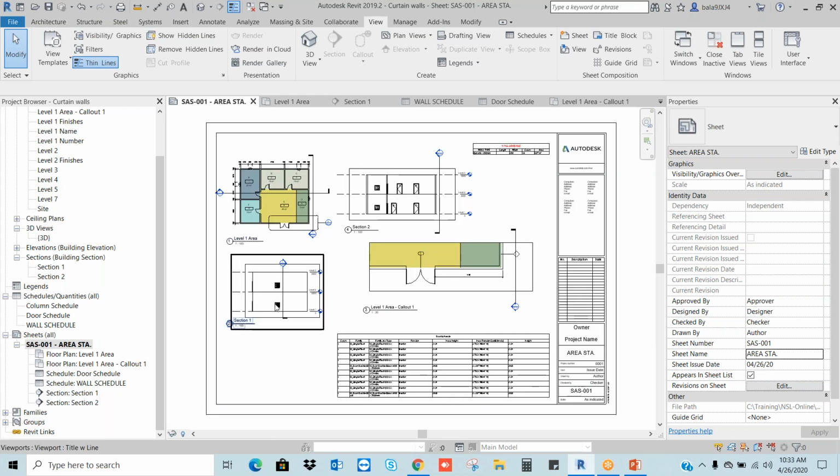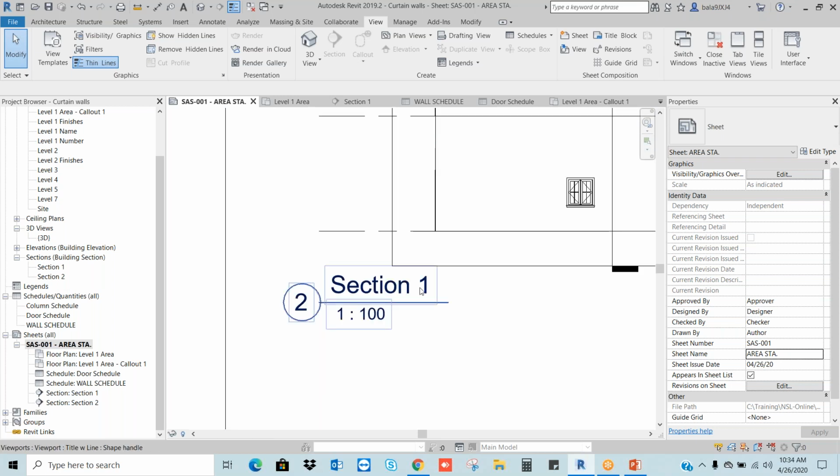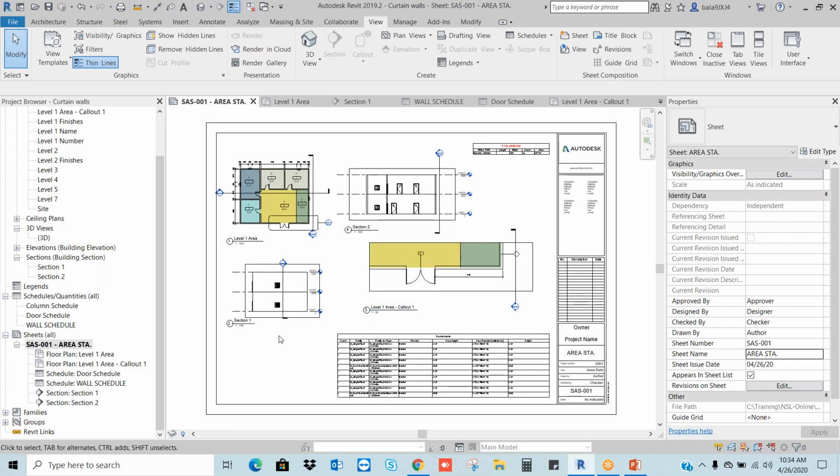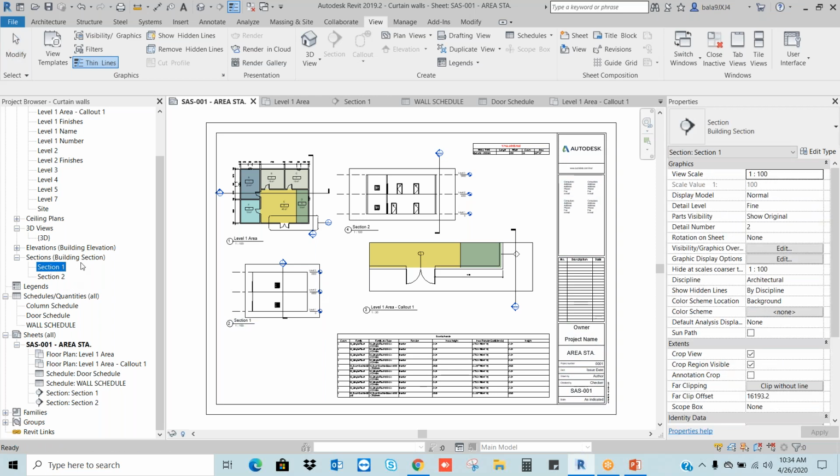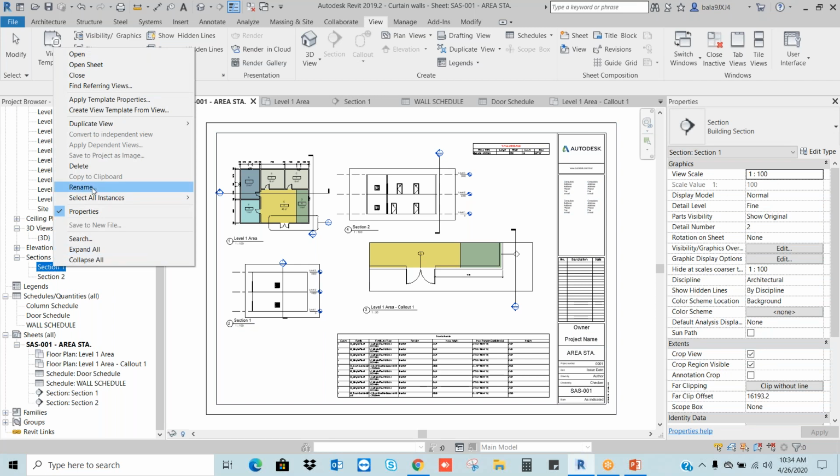Let's say for example here I have section 1. Generally nobody will use section 1 kind of names. Here let's say I use section A or section B. Let's say I go to Sections in the project browser, right click, and go to Rename.